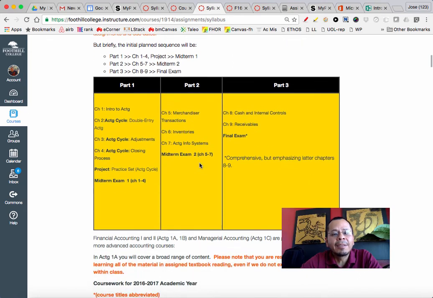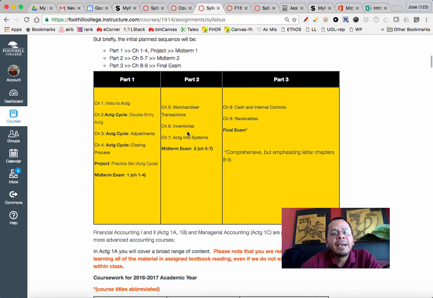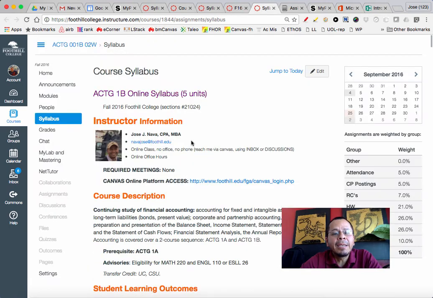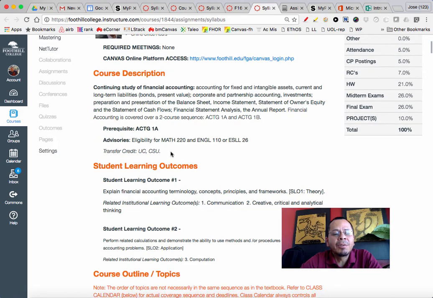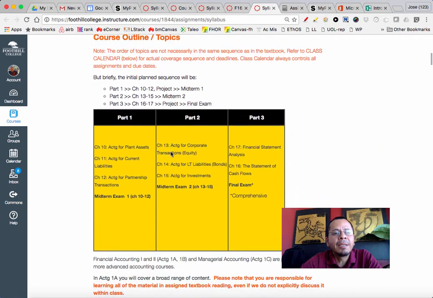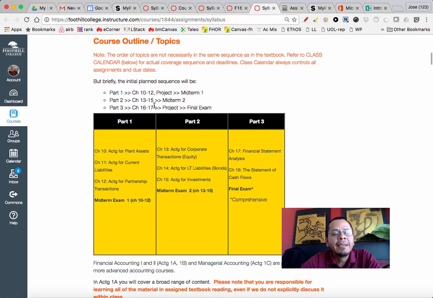Here's a little more detail in terms of the actual parts for your Accounting 1A. Similarly with Accounting 1B, here's the description of Accounting 1B, with the prerequisite 1A, as you already know. Here is what your outline looks like. Chapters 10 through 12, project. Actually, the project will be later, so this is a mistake there. I'm going to take that out. The project is at the end in the case of Accounting 1B.